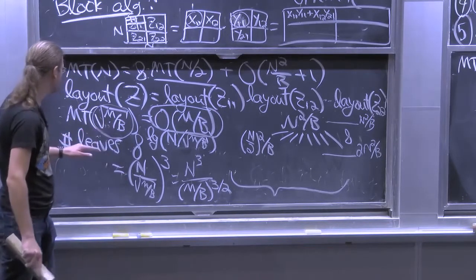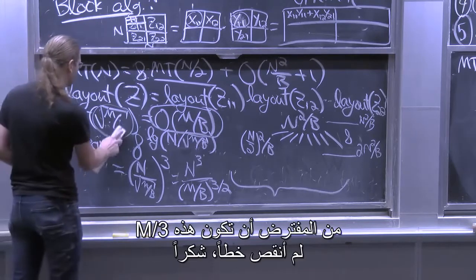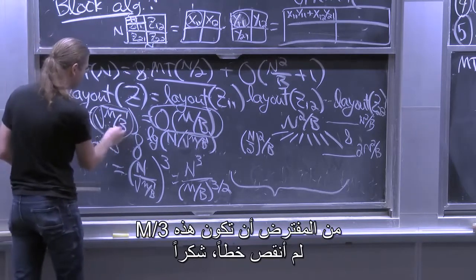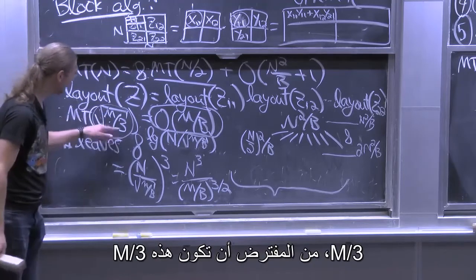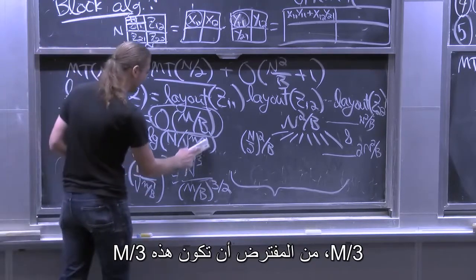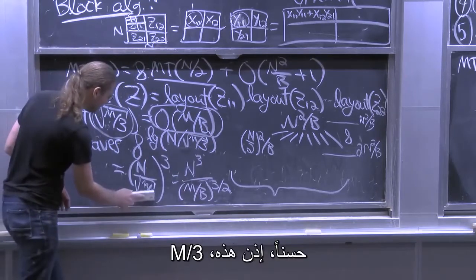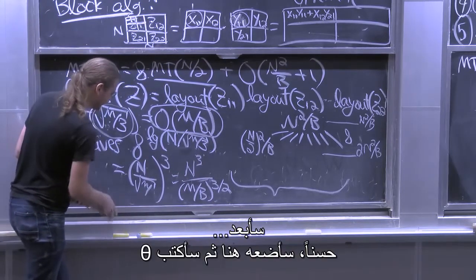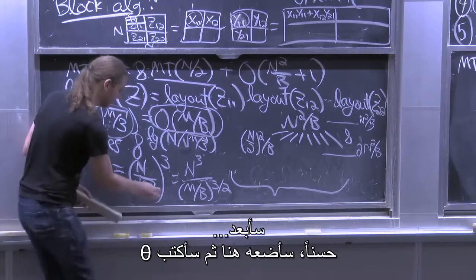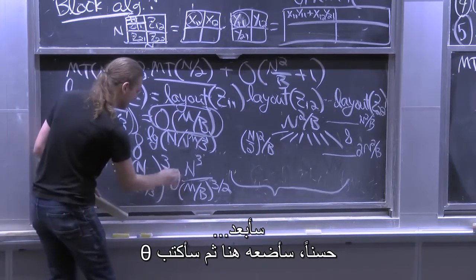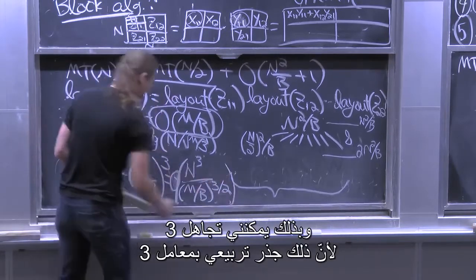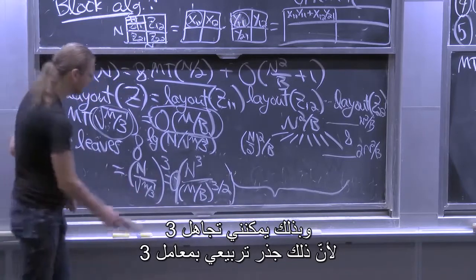What was I doing here? This is supposed to be M over 3. Thank you. M over 3. Wow. Okay, so this is M over 3. I'm just going to drop the, well, I'll put it here. But then I'm just going to write theta, so I can forget about the 3, because that's just a square root of 3 factor. So now